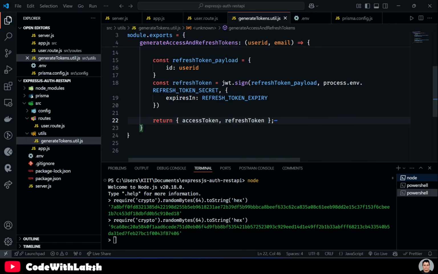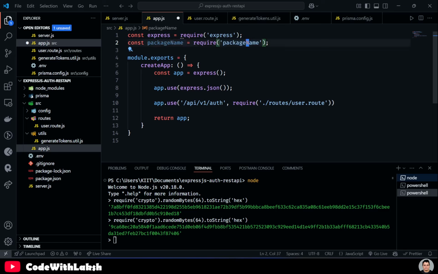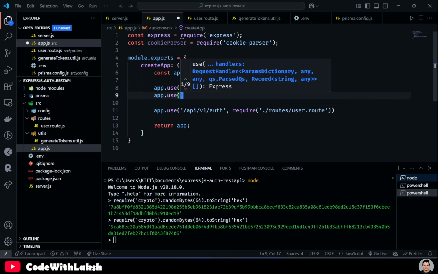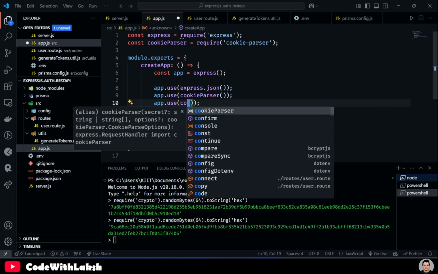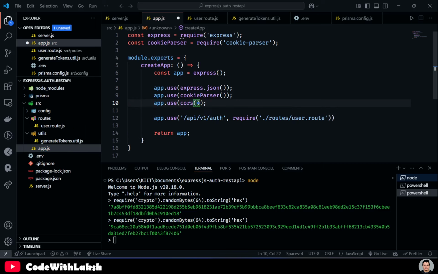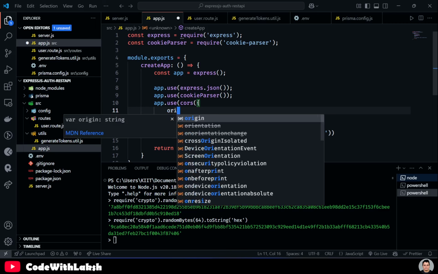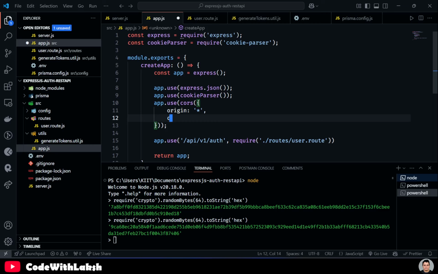Okay, now we need to import the cookie parser middleware. Let us go ahead and import the cookie parser middleware to set the cookies. Now let us go ahead and app.use the cookie parser middleware. Now let me do one thing. Let me also bring in the CORS middleware. The CORS middleware will also be available with the origin set to star. Now you need to change this to your host. Now I'm giving a wildcard, but that is not just